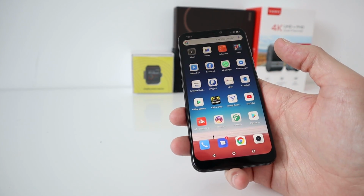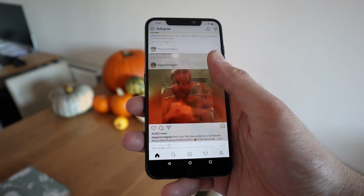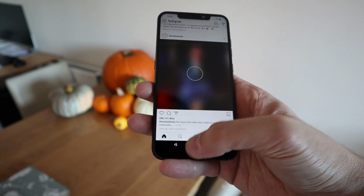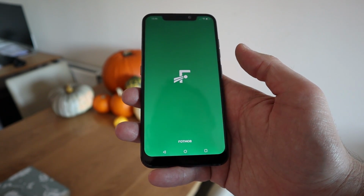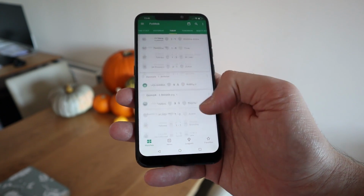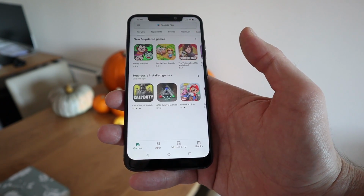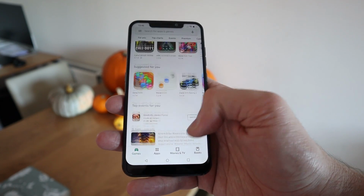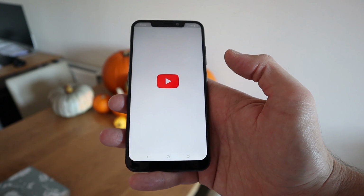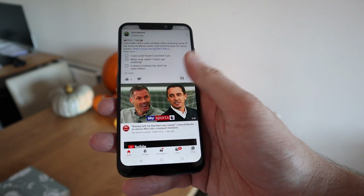So this is running Android 8.1. It's not going to get any other updates. I've not received any updates since I've had it either. There have been times where this phone has got a little bit sluggish when you're opening applications and scrolling up and down through news feeds. It doesn't feel as slick and fast as a more premium smartphone. Now I believe that is probably to do with software optimization, because the hardware's there, it's got 6GB of RAM, octa-core CPU. So at a hardware point, it should really be performing better than that. I'm pretty sure it probably needs an update, which it's probably not going to get,